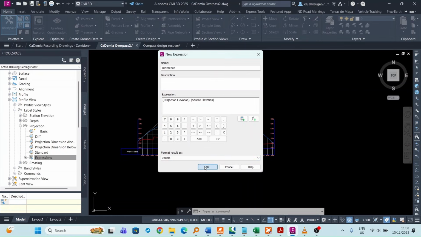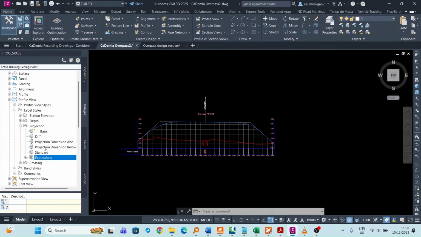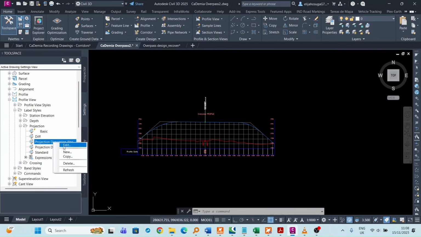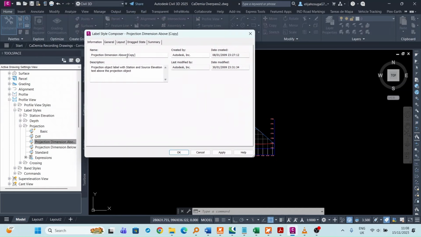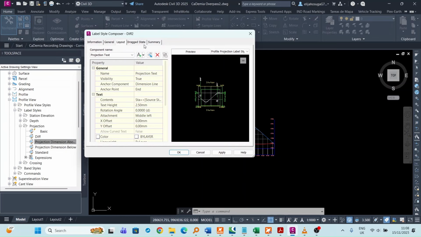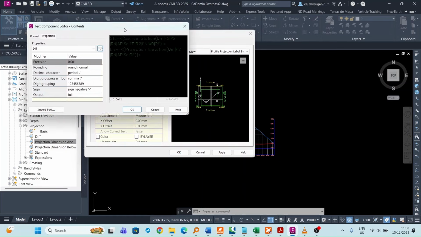And then I click OK. So I want to copy one of these projection labels, and I want to put that expression into force. So I call it diff2. I created diff1. So I call it diff2, and here at the layout tab, this is where I get to put the expression. So here at the contents, I want to show